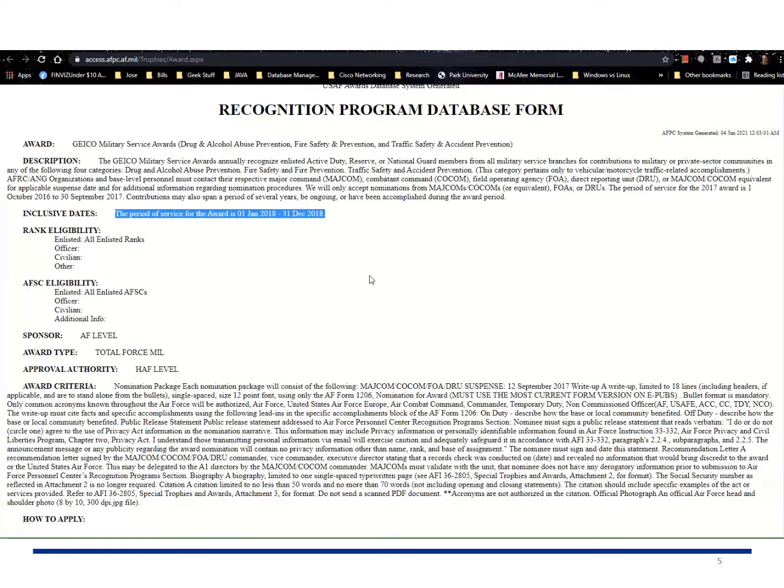Another thing that this website is useful for is to give you an expectation of when you're going to have to submit these awards. Remember, awards come from the higher level down to the lower levels, and so the Air Force level suspense is not going to be the same suspense as your unit. You need to put in a cushion for that. I would almost anticipate that sometimes units, groups, or wings will put the suspense several months before the Air Force level suspense. And so those are some of the things that you need to keep on your radar when you're tracking these.